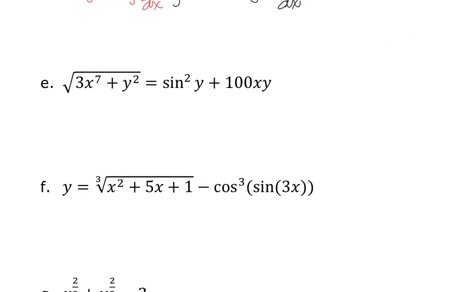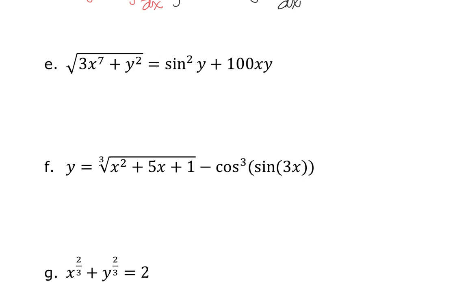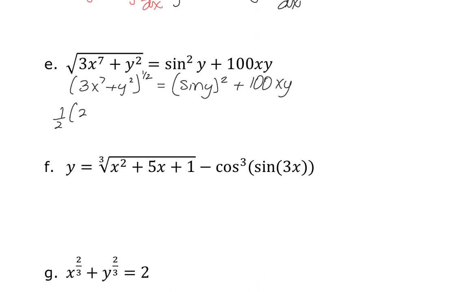There we go. So on E, same kind of thing, I'm going to think of this as 3x to the 7th plus y squared raised to the 1/2. I'm going to think of this as the sine of y, the quantity squared, and then plus 100xy. So I'm going to take the derivative of the left-hand side. I'm going to use the chain rule, so I'm going to get 1/2 times 3x to the 7th plus y squared raised to the negative 1/2. I'm going to do the derivative of the inner function, which is going to give me 21x to the 6th plus 2y, and then it has to slap on the dy/dx,